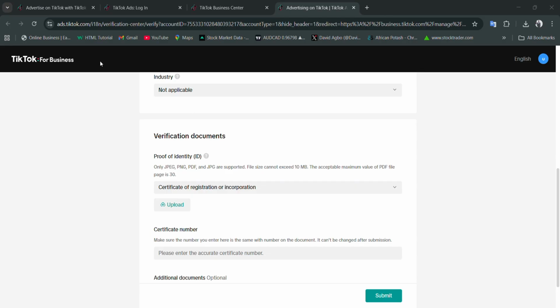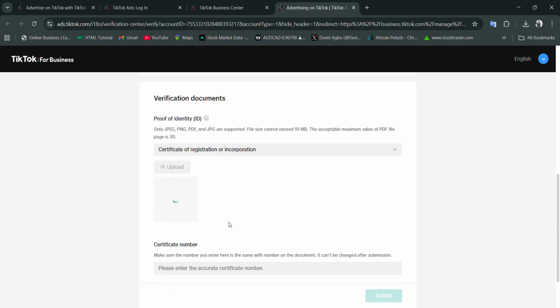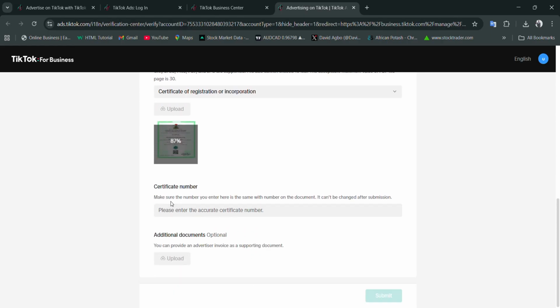So this is my business document. I'm going to click on it here. You see Grand Rich Group certificate. So I'm going to click on it, click on open here. I have uploaded it. So the next step is I have to get my certificate number. For me to get my certificate number, all I have to do is to come here, click on download. I'm going to click here to open the